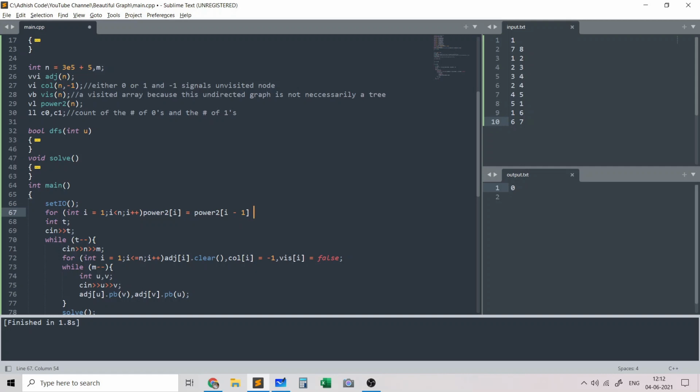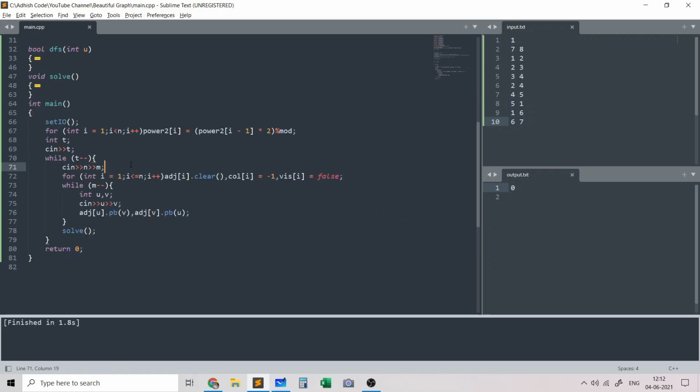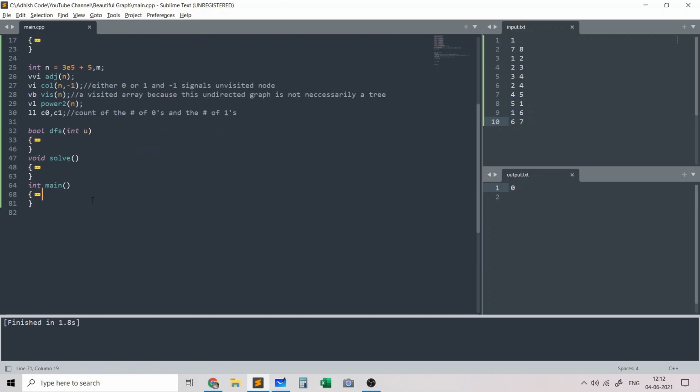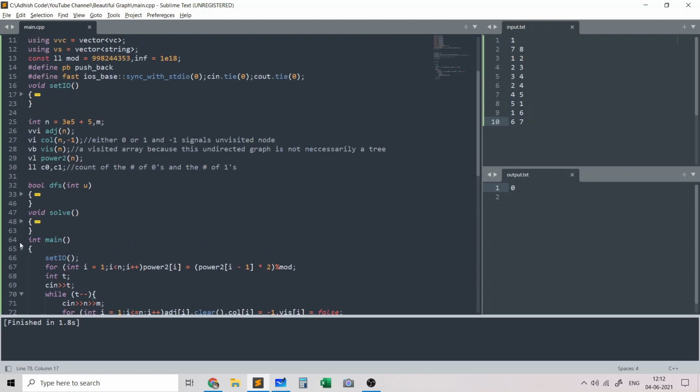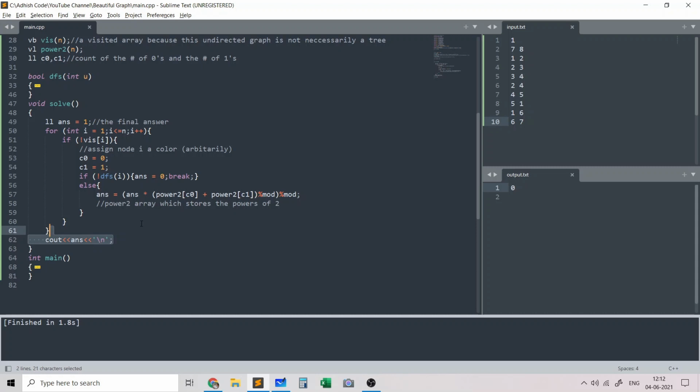So powers of 2 is basically the previous power times 2. So 2 to the i minus 1 and basically into 2. That's how you compute the power of 2. And then I'll basically read in the test cases. I'll solve for each test case. In the solve function, I have the answer printed out.